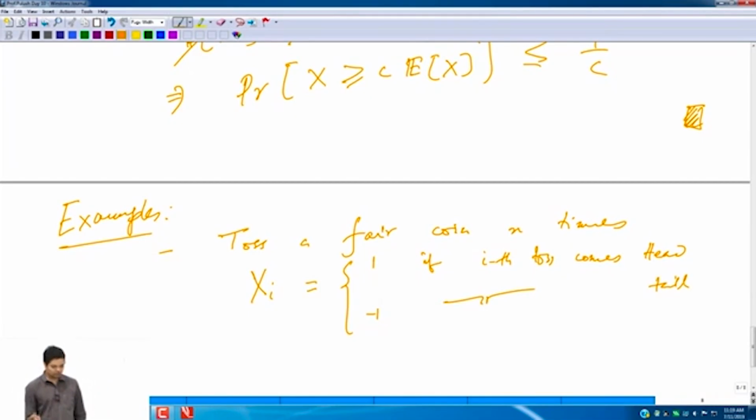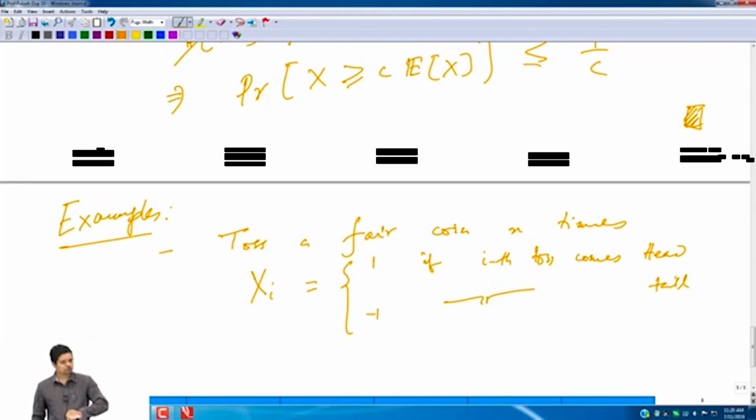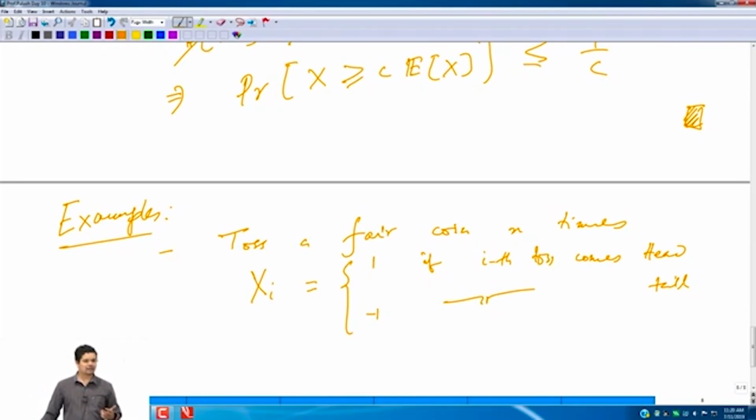Sure. So here also see the underlying probability space and the random variable. If I look at the underlying probability space, for every coin toss the underlying sample space has two outcomes, head and tail, and the random variable Xi is a function from the underlying sample space to real numbers, and this is how I am defining the mapping. If the outcome is head, the corresponding real number I am assigning is 1, and if it is tail, I am assigning -1.